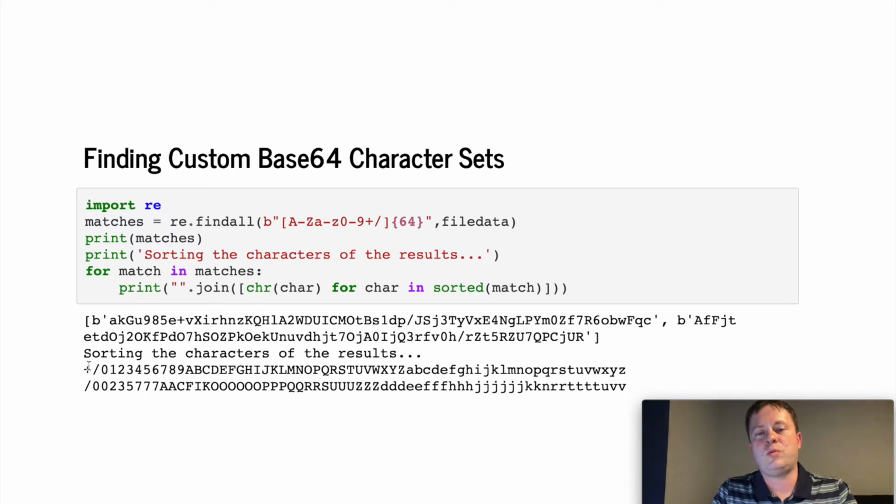And the way we determine if this is a valid base64 encoded character set is to sort them by byte order. So as we loop through these matches, we see we have two matches here. In the first one, when it's sorted, it prints out sequentially non-repeating characters. So you've got your plus, your slash, your numbers, your uppers, your lowers. The second match that we have, because it was 64 characters, when it's sorted, it has a slash and